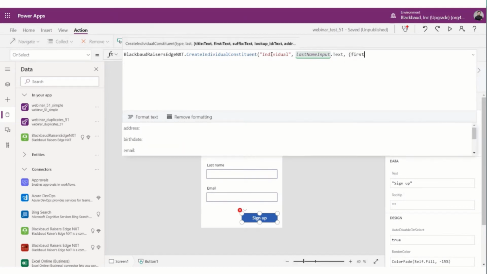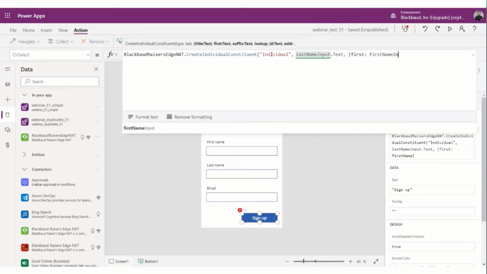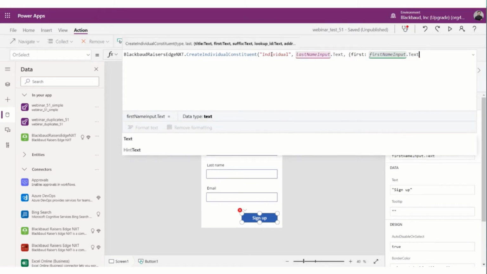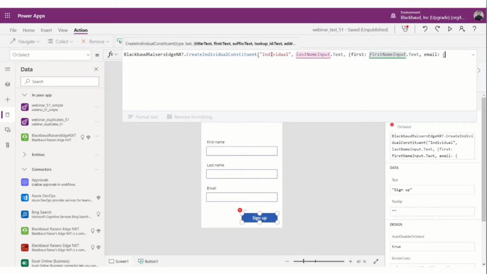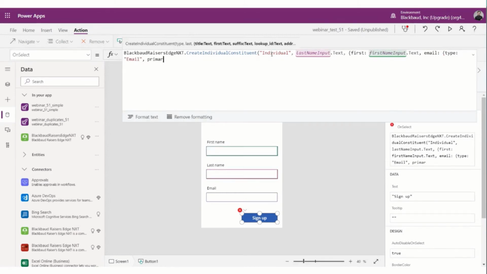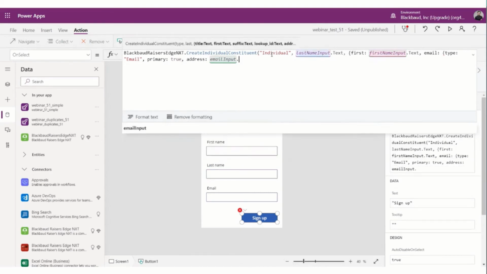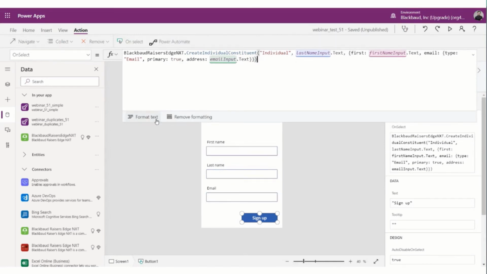So it's going to be first name, input.text, email, type, primary, true, and address. Okay, let's go ahead and format that.